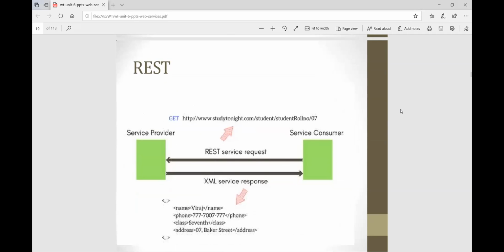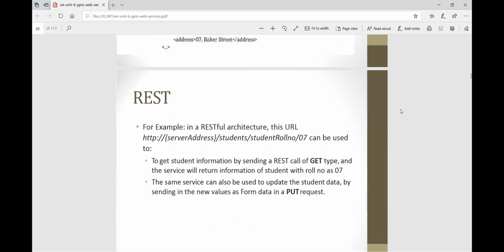See the architecture, so you better understand REST. Service provider is there and service consumer is there. So the service consumer requests the service provider. The service provider gives the response with an XML service response. For example, student2night.com, student roll number 07. So using the GET method, the request is transferred, and with the POST method the XML service response is given, that is the student name is Viraj and phone number of that particular student.